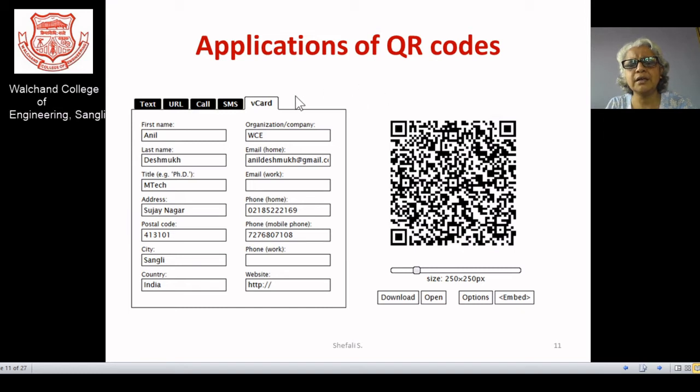You may find there are certain things you can download and check out. You can create your visiting card, or store your SMS number, or even your mobile number, or some URL. This is one example from one of my PG students, where he has created his visiting card. Many times you find that there are a number of applications right now which go with the QR code. So you can integrate your QR code into some of your cryptographic applications, so that you can enhance the capability of those QR codes for technical purposes itself.